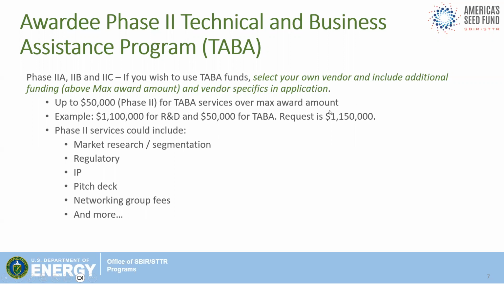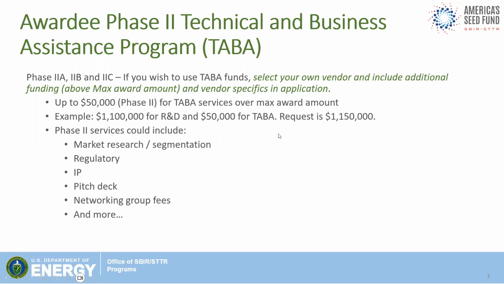So you do not want to miss out on these funds by neglecting to include a TABA vendor, TABA budget, and letter of commitment as well. So your budget, if you're requesting 1.1 million for research and development and 50,000 for TABA, your total budget request would be